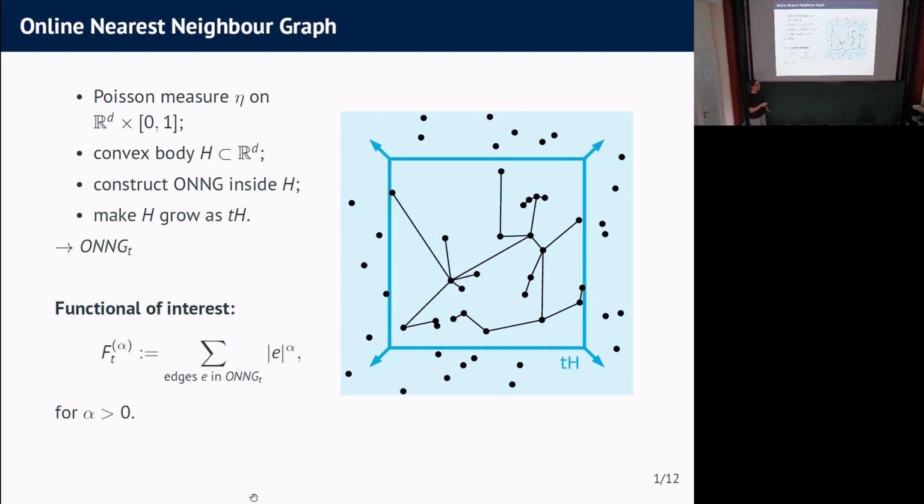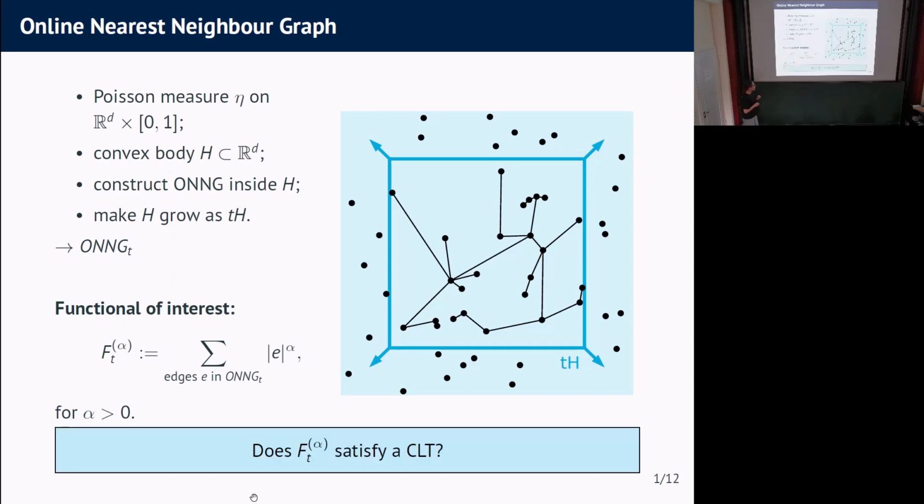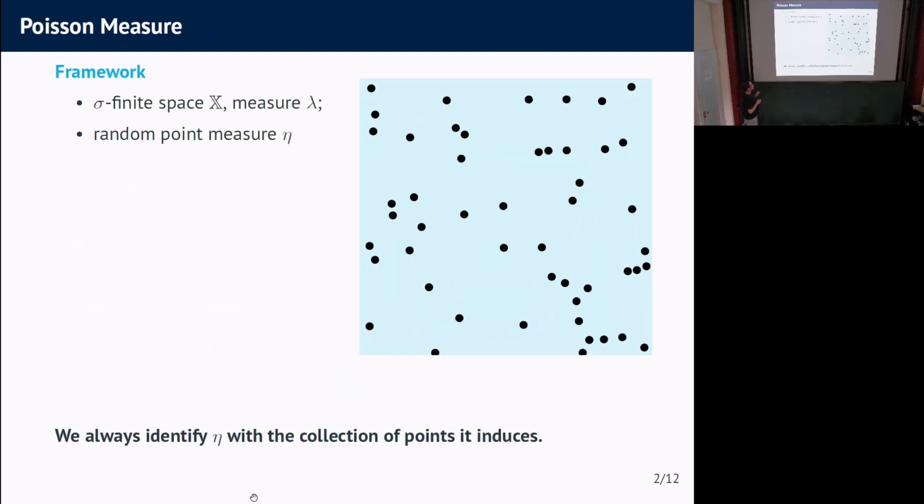And not just total edge length, but also you take the length of the edges to the power alpha, which allows you to give more weight to longer edges if you make alpha large. If alpha is quite large and you have these quite long edges here, you're giving a lot of power to them, whereas if alpha is close to 0, you sort of evenly weight most of the edges. Right, okay, so this is what we're studying, and in particular we want to know, does this quantity satisfy the central limit theorem? I'm going to give you the answer towards the end of the talk, but for now